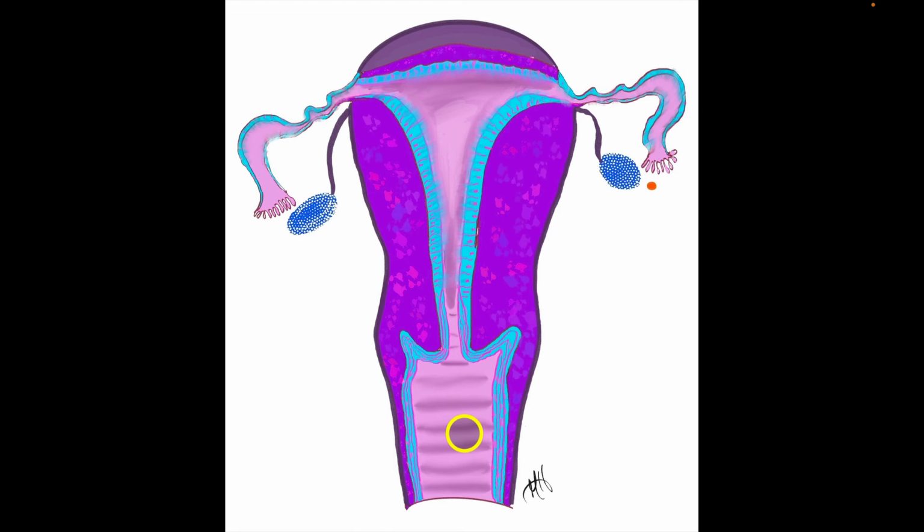But back to the vagina, during prepubescent females, that is to say, females who have not yet achieved sexual maturity, the mucosa of the vagina is composed of simple cuboidal epithelial tissue. And during sexual maturation, that simple cuboidal epithelial tissue transitions into stratified squamous epithelial tissue. The conversion or transition from one tissue type to another, in this case simple cuboidal to stratified squamous, is known